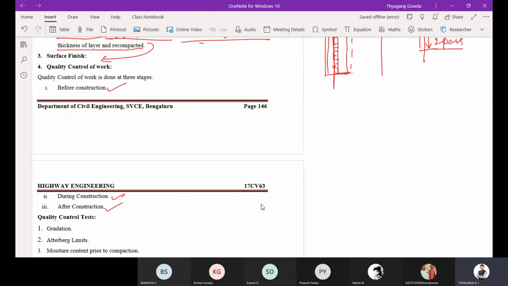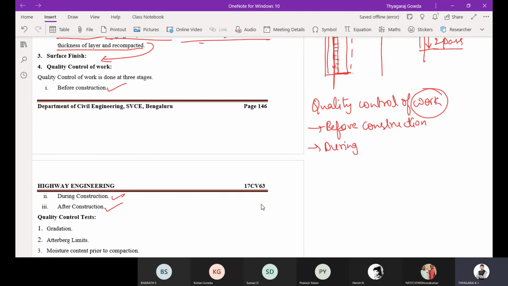Remember carefully, in the exam if they ask quality control of work, you have to write before construction, during construction, then after construction.